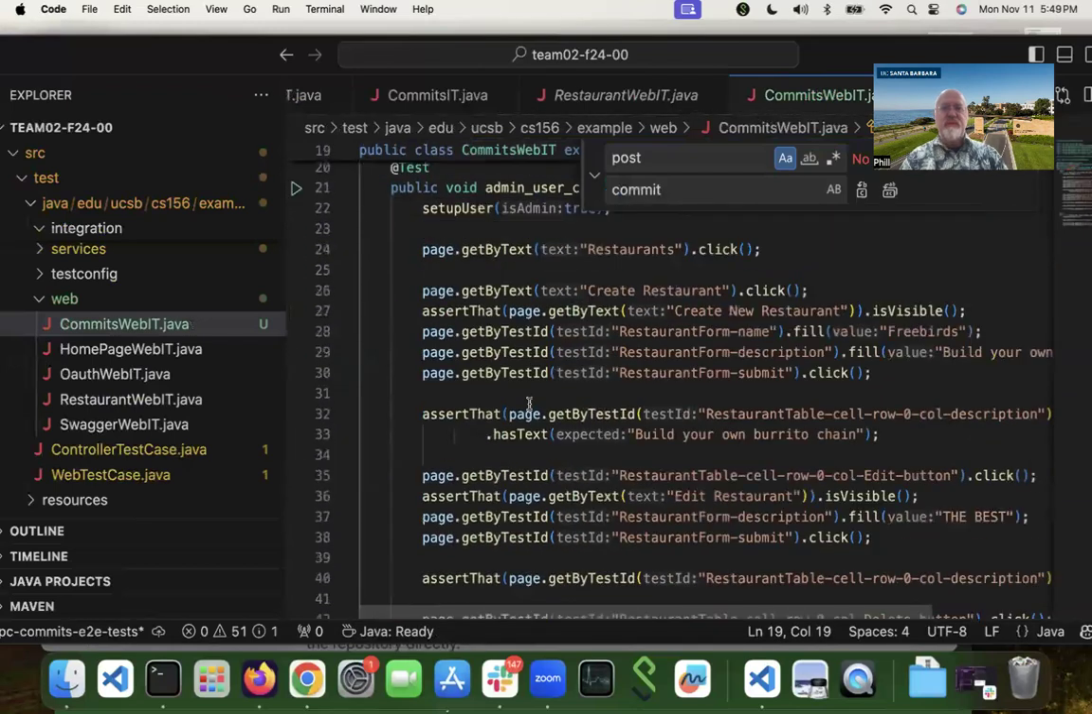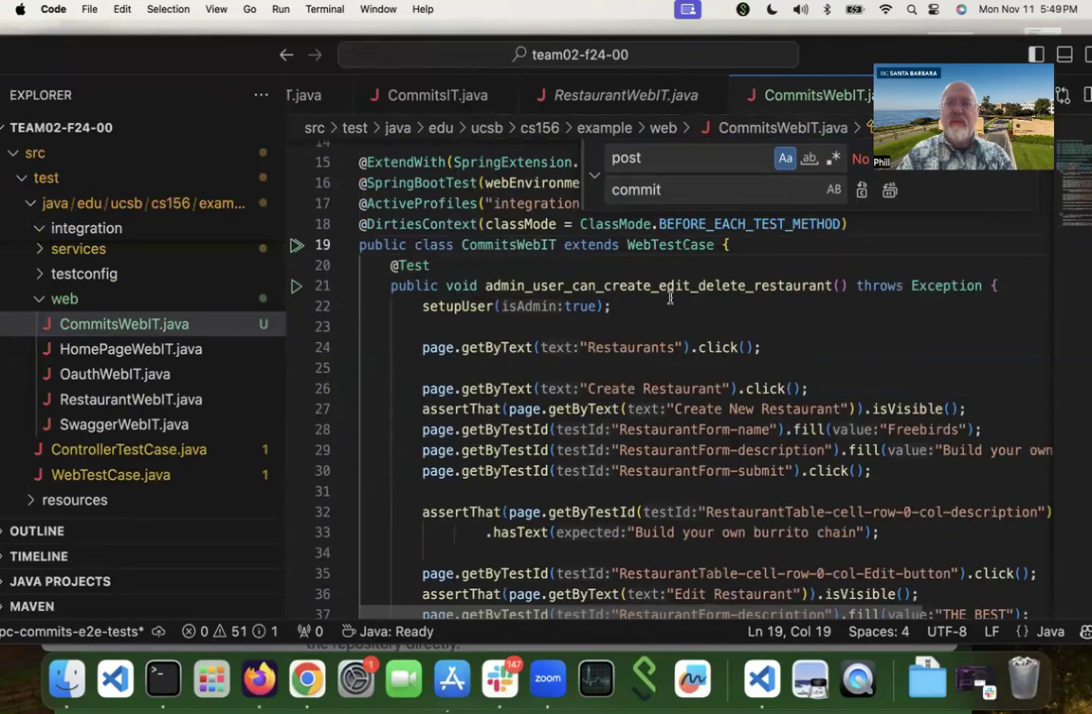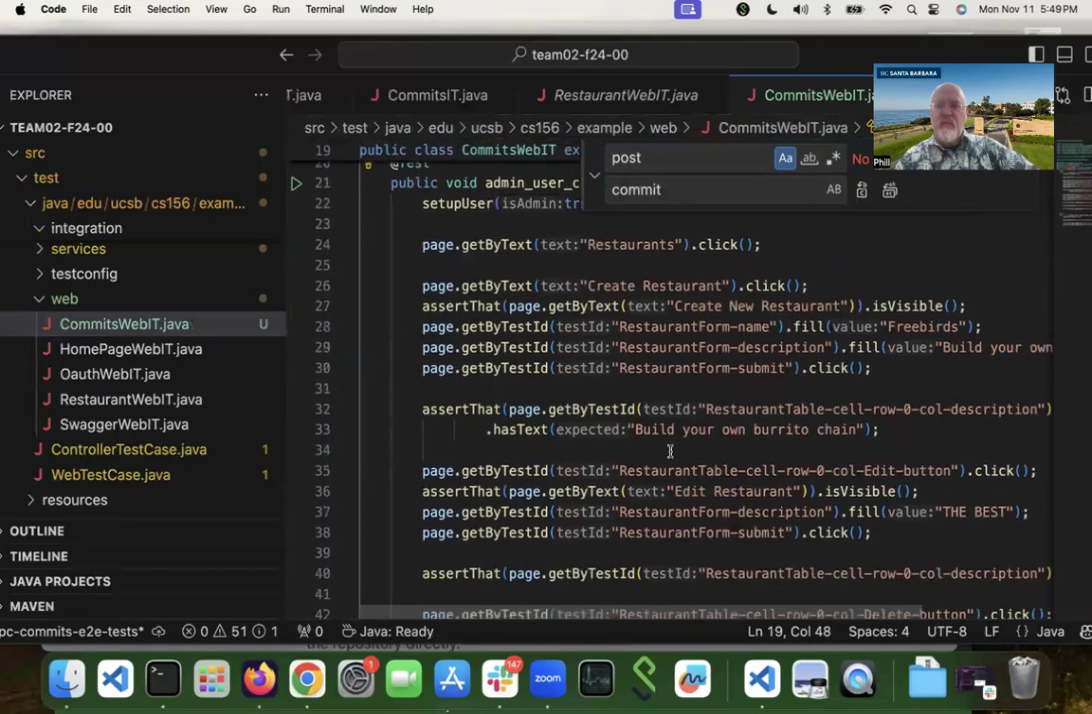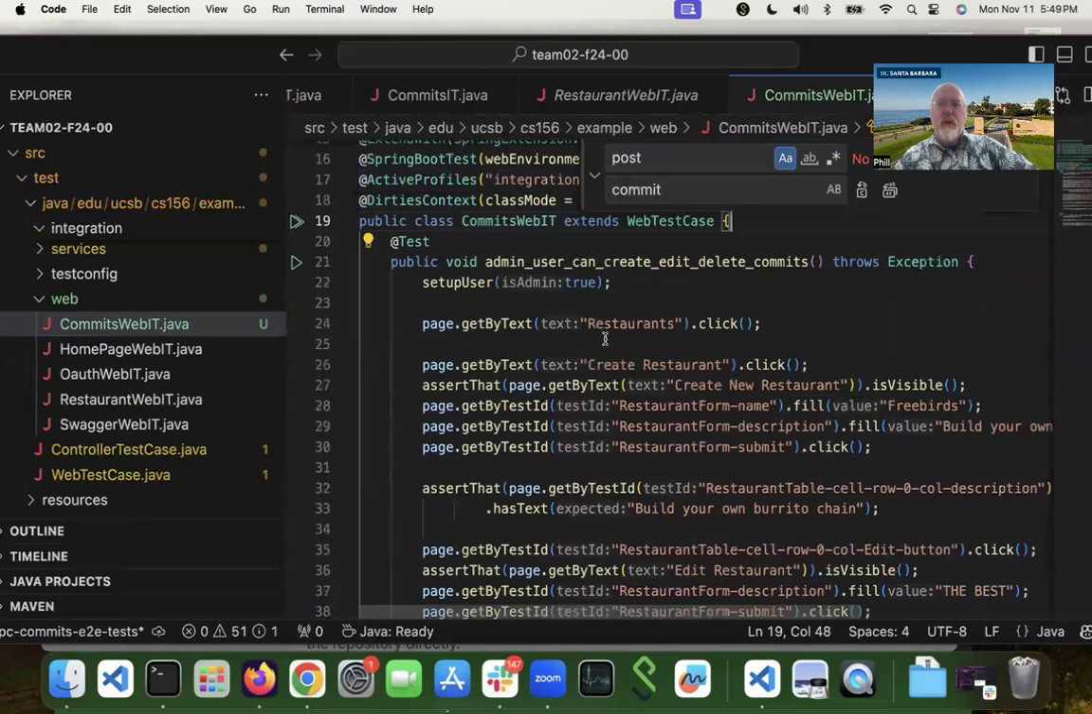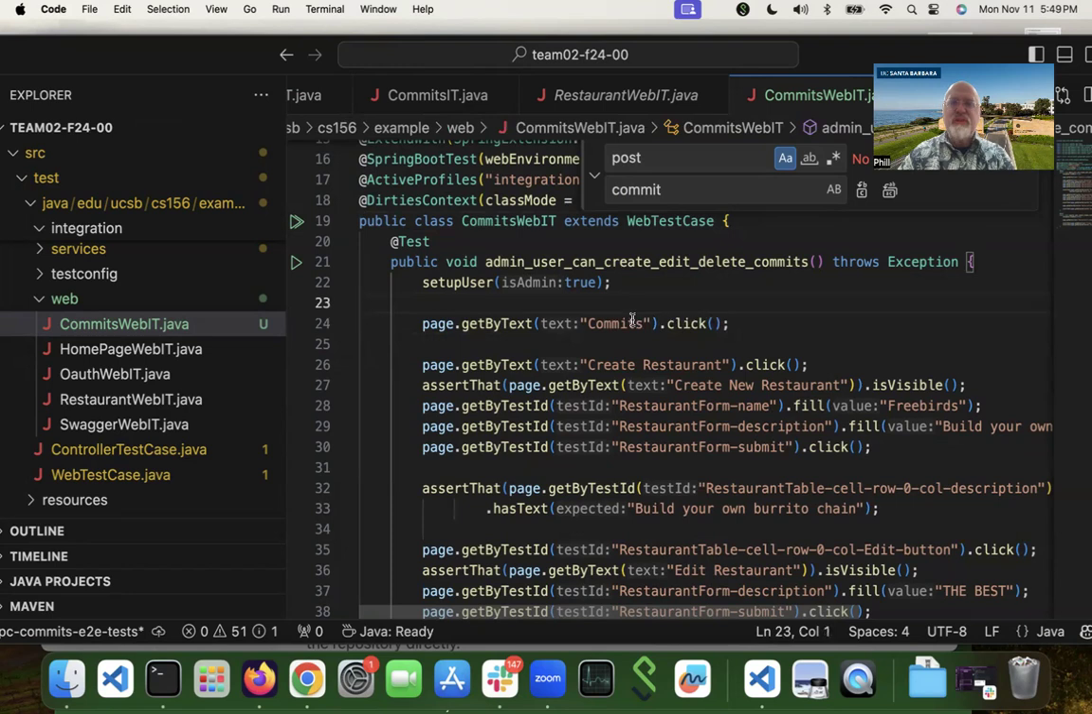We have two tests in here. The first one says admin user can create, edit, delete, and not restaurant, but commits. And what we're going to do in this is we're going to try to create and then edit and then delete. So this first setup user is admin true, is going to get us logged in. Page get by text restaurants. What we're going to do is look for commits, and this is going to look for commits on the user